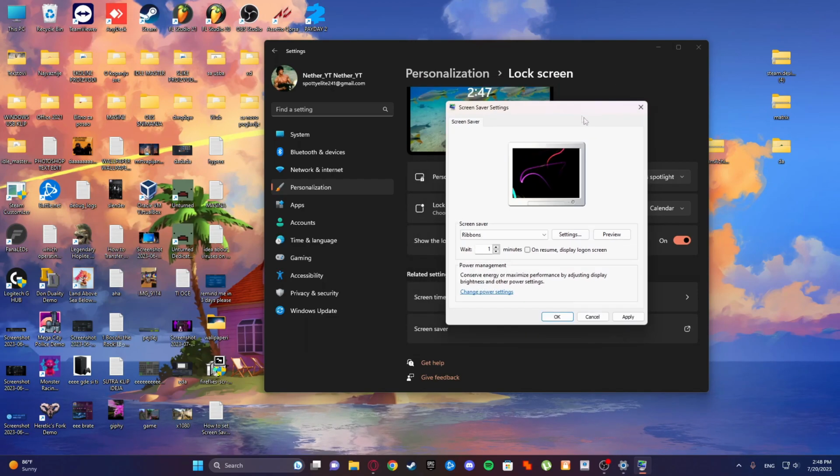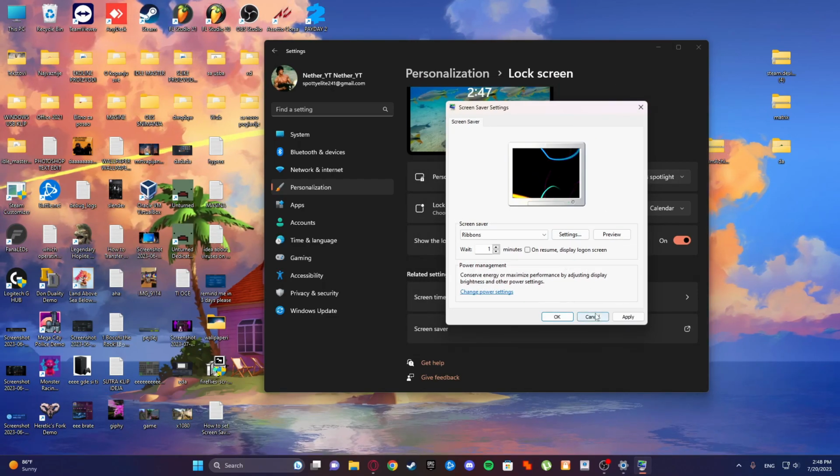screen saving. But yeah, that's how you can enable screensaver,